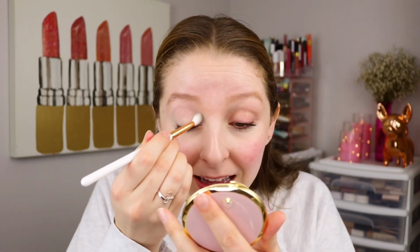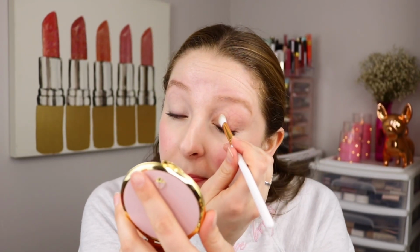And so first I'm going to start with the white shade here. It looks matte, but then when I look up close, it has a little bit of sparkle to it. So let's see how it looks on the eye. I'm just going to use this to dust all over the lid as a base shade. And wow, this is actually showing up with good pigment and a little bit of kind of sparse glitter. But wow, that does a good job of canceling out the discoloration in my eyelid. And really I'm just going to use it to be a base shade to make it a little bit easier